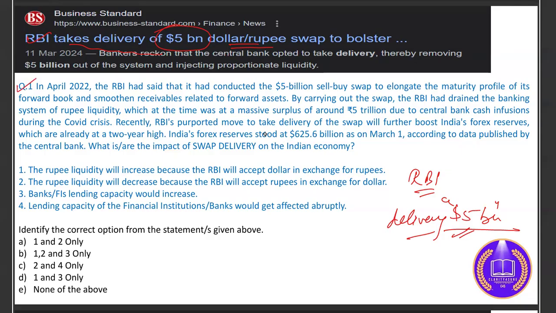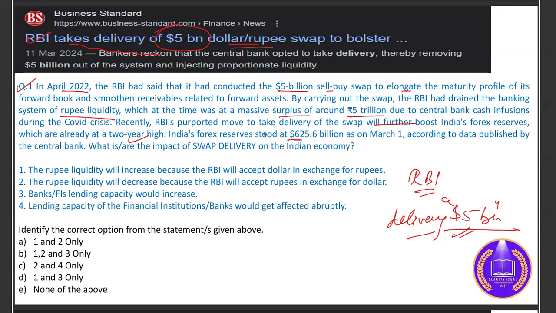Question number one. In April 2022, RBI had said that it had conducted a $5 billion sell-buy swap to elongate the maturity profile of its forward book and smoothen receivables related to forward assets. By carrying out the swap, the RBI had drained the banking system of rupee liquidity, which at the time was at a massive surplus of around 5 trillion rupees due to central bank cash infusion during the COVID crisis. Recently, RBI's move to take delivery of the swap will further boost India's forex reserves, which has already been at the